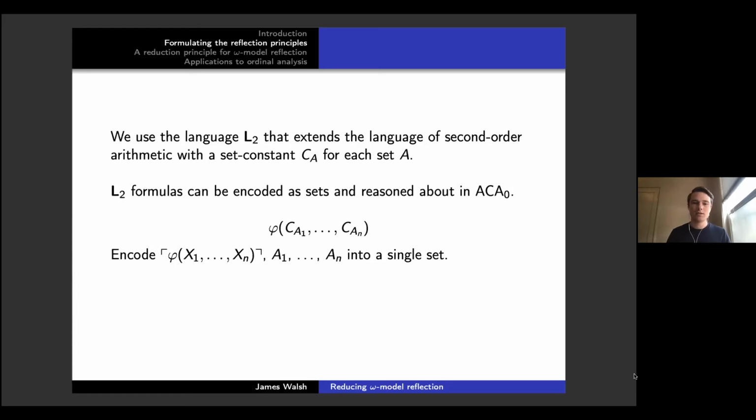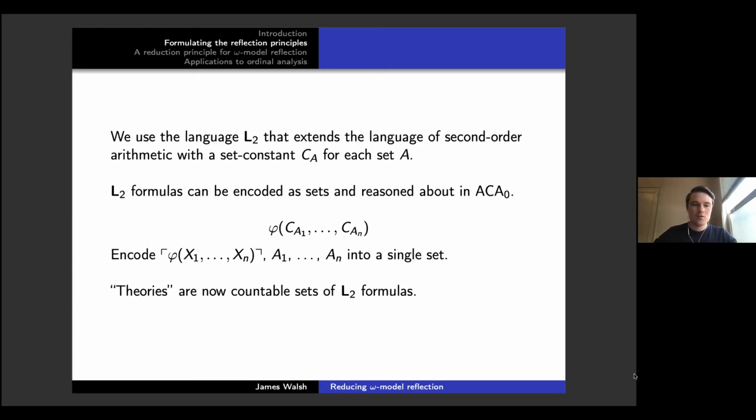And the thought is this: you can encode finitely many sets into a set. Just the usual, encode them in the slices. And then you'd have to keep track of the numbers, so just put that first or something. So you can encode this boldface formula as a set. Theories are now countable sets of boldface L2 formulas.